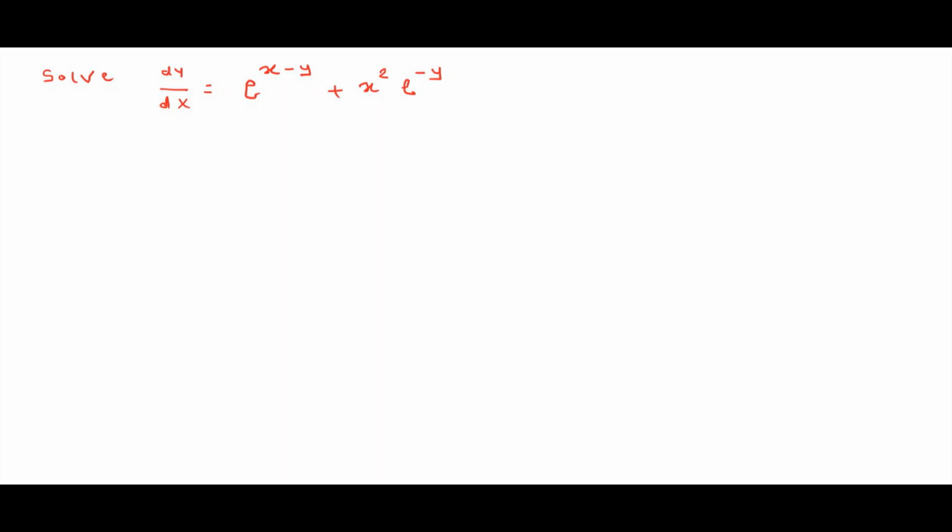So to solve this, first try to separate the term containing x and dx on one side, y and dy on the other side. For this I will write dy